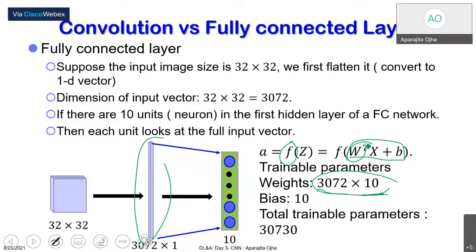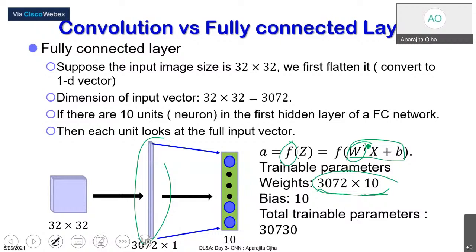So weights are 30720 plus bias, where the number of bias parameters is equal to the number of neurons. So the total number of trainable parameters is 30730,